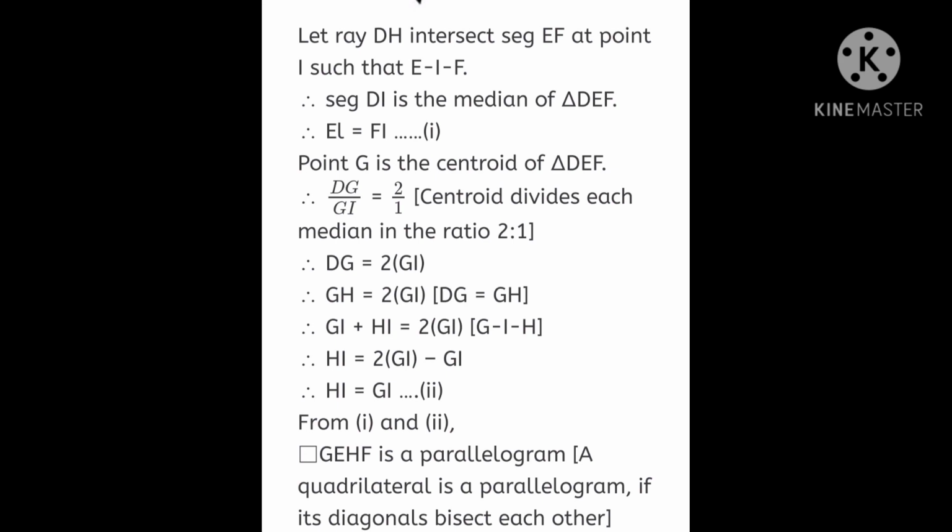This is question number 3 of practice set 5.2. I hope you understood. In this practice set we only solve these 3 questions. Other questions are reduced. Solve in your notebook and practice all the questions 2-3 times. If any doubt then ask me. All the 3 questions are easy. In the first question we apply the property of median and parallelogram. In the second question we apply the property of rectangle. And in the third question we apply the property of centroid and median.